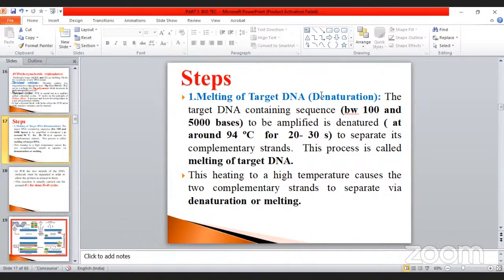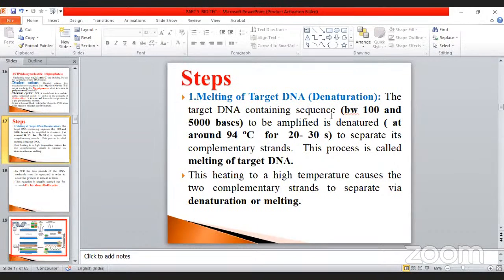Take an example of WBC. That is very, very important. Nucleic acid is present in it. It can be denatured, and the particular molecule identified and isolated, and then it undergoes the denaturation process. That is the first one. The melting of target DNA, denaturation: the target DNA containing sequences between 100 and 5,000 base pair should be present, to be amplified, and it is denatured at around 94 degrees Celsius for